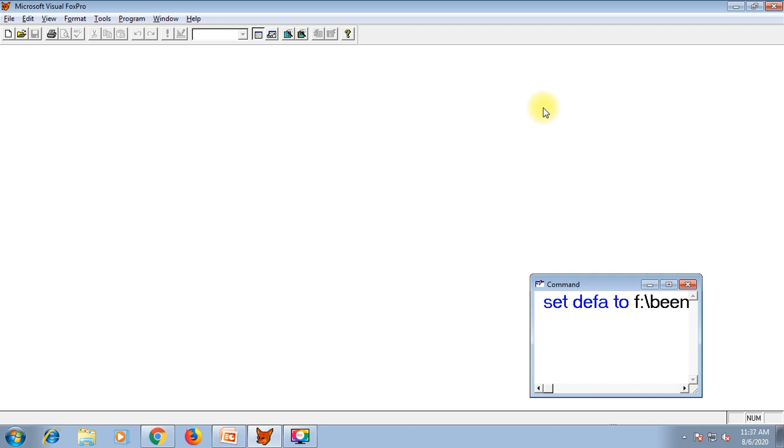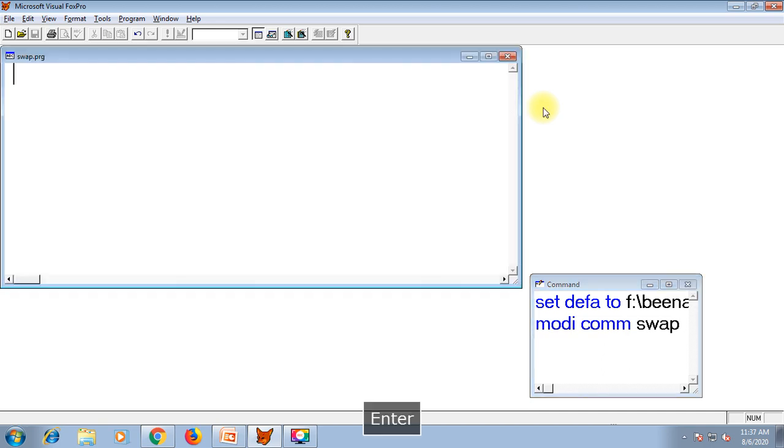First of all, let us open a program, modify command swap. The name of the program is swap. Swap means interchange. First of all, I am writing the definition so that you can write that in your notebook or journal.